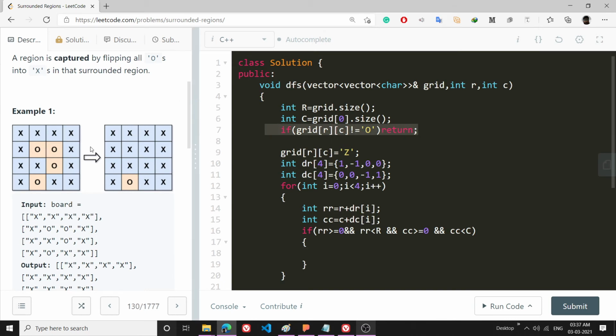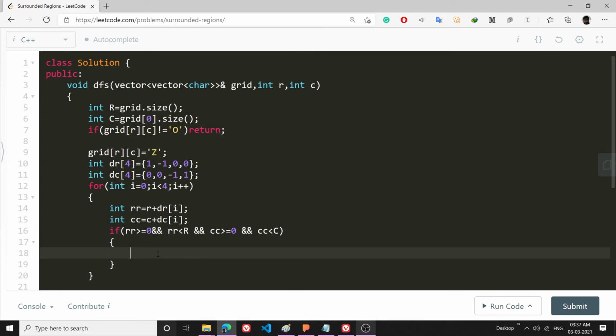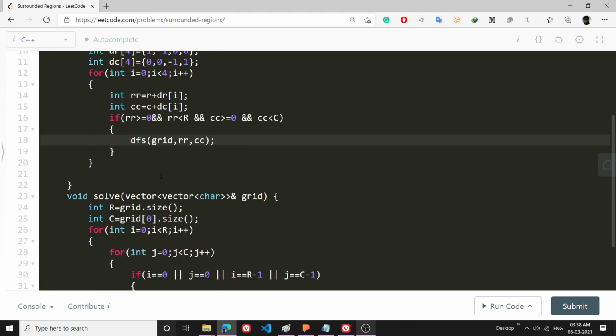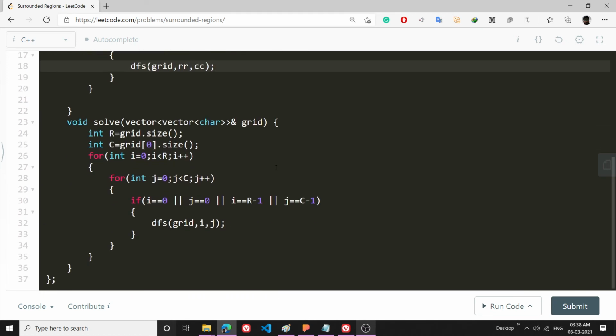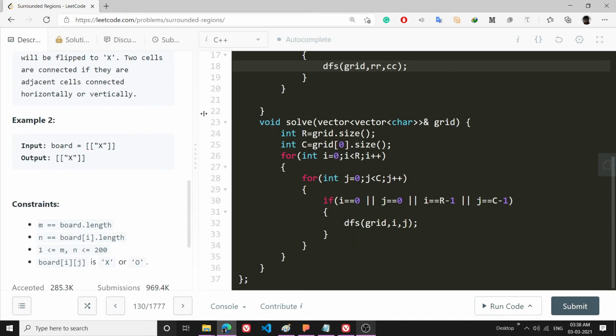So that's why I am not writing any other condition rather than these. If this is a valid cell, then I will go on to explore grid, rr, cc. This will basically convert everything that has access outside into z.